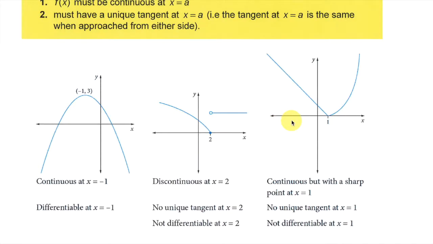For the third one here, you can see there's that sharp point. So whilst it's continuous, I can draw that and then curve up. If I were to attempt to draw a tangent line, I really wouldn't know how to go about it for x equaling 1. So, I would think that I would draw in, for this curve here, something that might look like that, or like that for the tangent line. But then what about, does that really marry up with this section here? No. So wherever you see a sharp point like so, it's not differentiable. Where here we want to see a smooth curve, therefore you can easily put on a tangent line, therefore it's